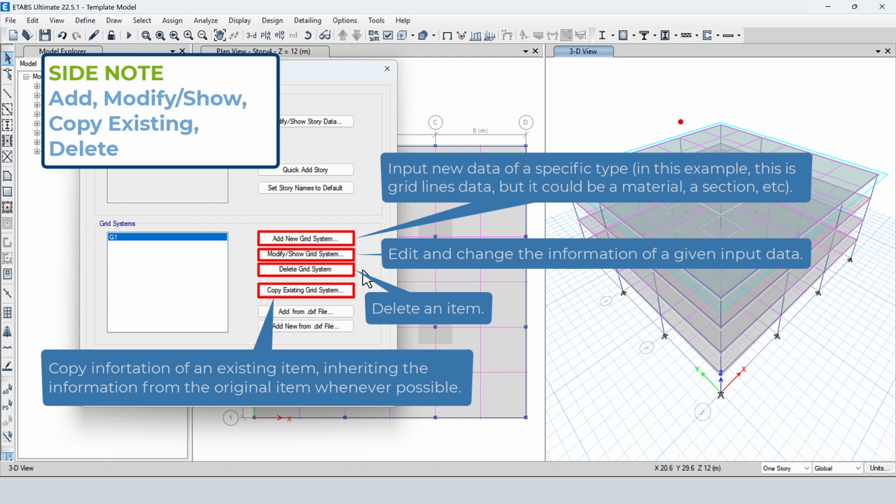Their names are somewhat self-explanatory, but just in case you wonder, these commands will basically, respectively, allow you to input new data of a specific type. In this particular case, we're inputting grid lines data, but it could be a material, a section, etc. Copy information of an existing item, inheriting the information from the original item whenever possible. Edit and change the information of a given input data. And delete an item. Bear in mind that this is just the first of many times you'll be given these options while inputting data